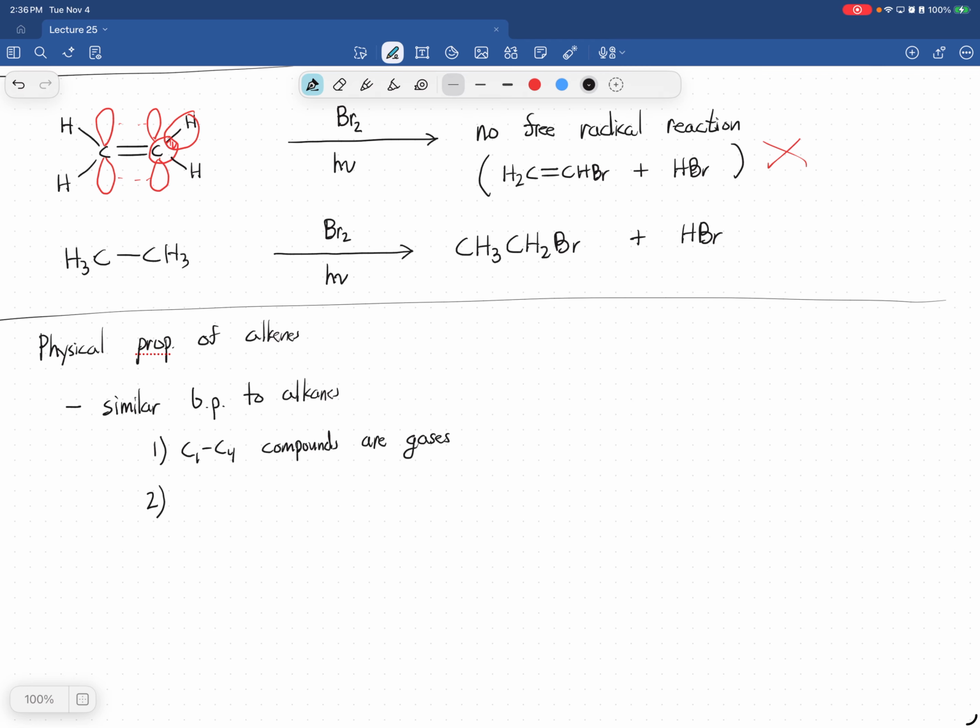All right, so C2, C5 to C18, they're mainly liquids. So I don't know if you guys have heard of paraffin oil. They're mainly alkenes, and they're used as lubricants, fuels, for different kinds of applications. All right. And then if you have larger alkenes, they are typically solids, like waxes,